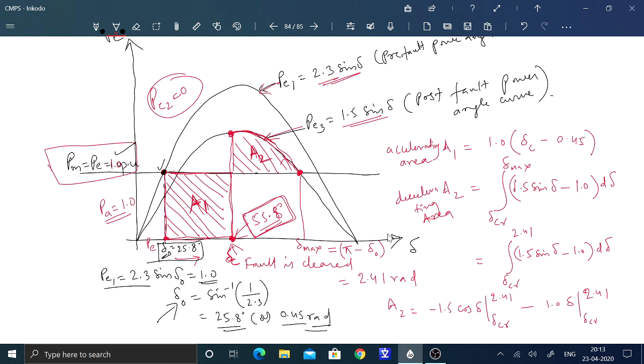But as and when the fault takes place at the bus, the power output suddenly reduces to 0, and this creates a net accelerating power PA equal to 1 per unit, because PA is equal to PM minus PE, and PM is initially 1 per unit and PE is going to 0, so PA is 1 per unit. Now this accelerating power makes the rotor advance like this,